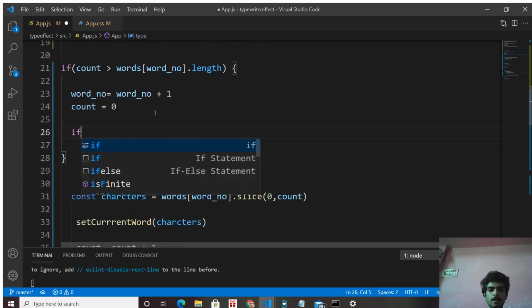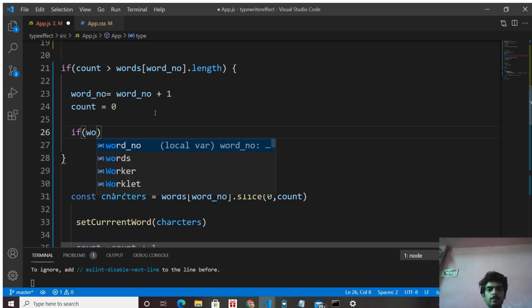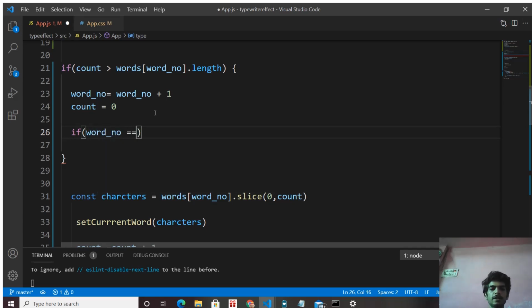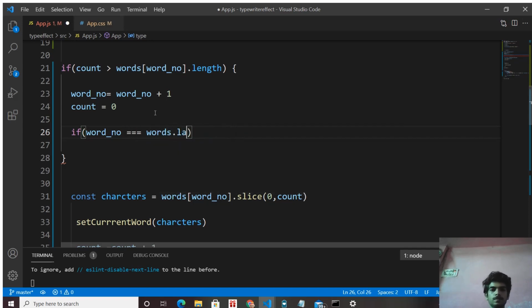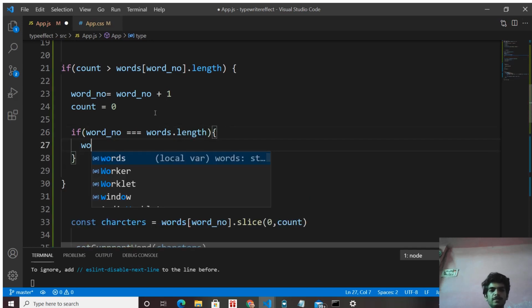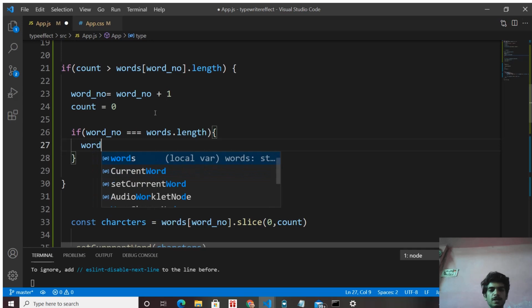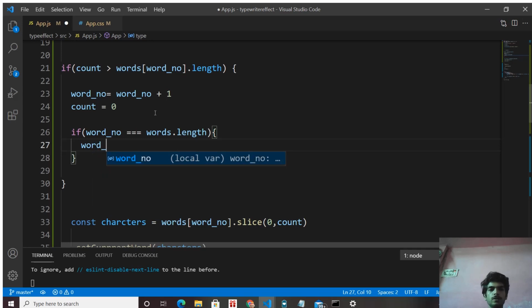So we add another if statement: if our word number is equal to words array dot length, we want to initialize our word number to 0.